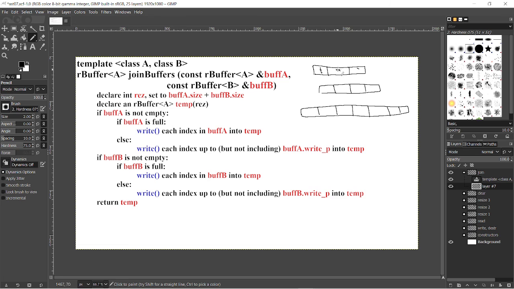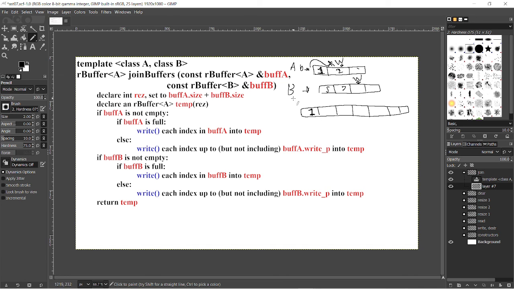Let's say there's 1, 2, 5, 7, and this is A, and this is B. Say that the right pointer is here, there. So for copying these two over, we have the value 1 here, 2 here. So for buffer A, we'd say, all right, copy everything up to the right pointer, but not including it. So stop here. So we'd say, all right, copy this 1 over, write the 1,